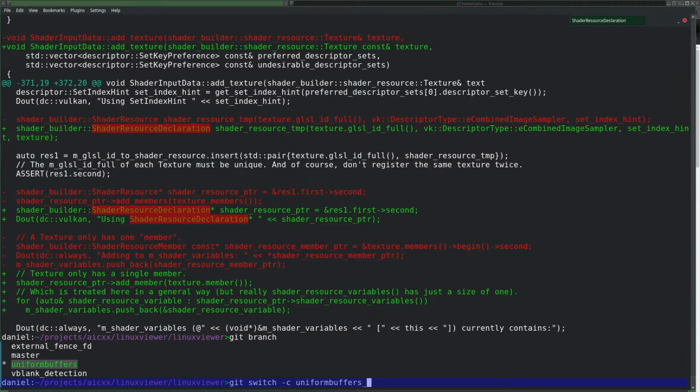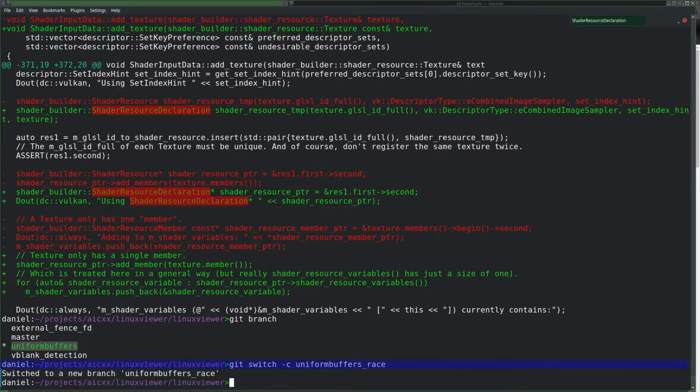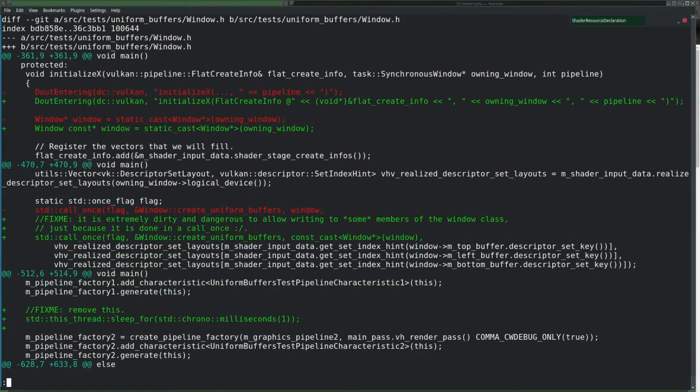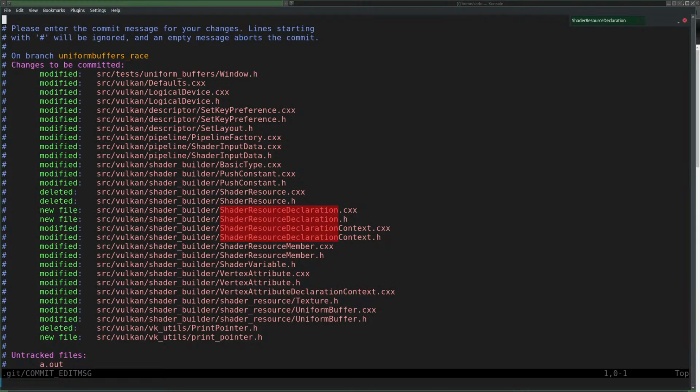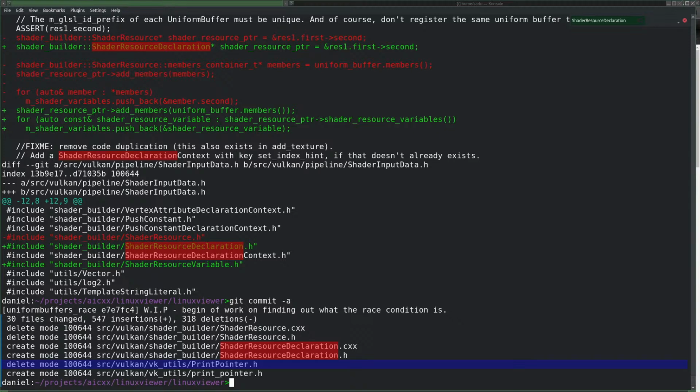Let's call this the race condition. So now I still have the same diff, but I'm on a new branch, so I can just blindly commit everything, I think. Yeah, well, whatever. Race condition is